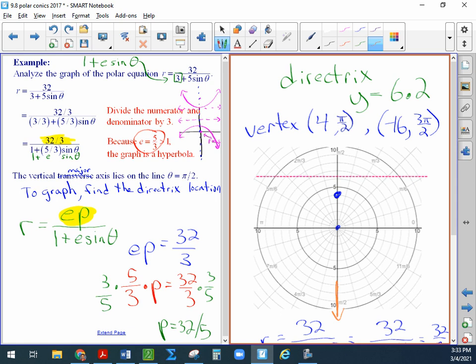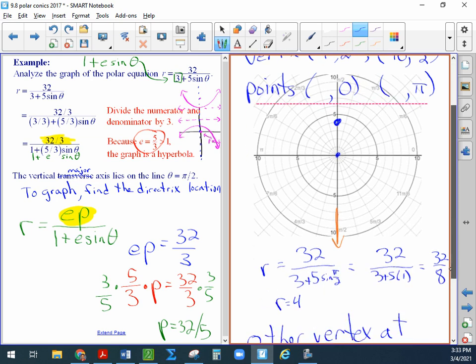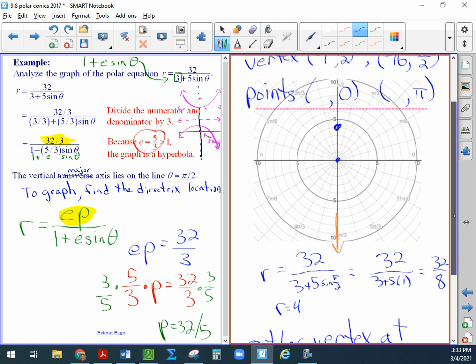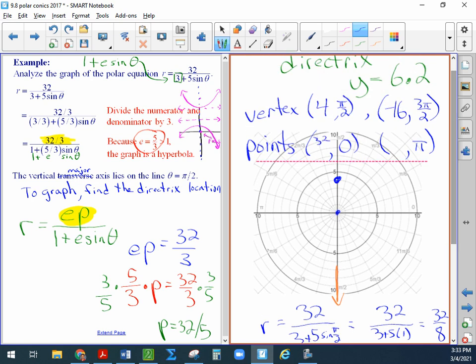And then to figure out how wide my curve is, I just want some additional points, and that might be easiest to plug in 0 and pi. So 32 divided by 3 plus 5 times sine 0. Sine 0 is 0, 5 times 0 is 0. It's 32 divided by 3. And they're both going to be 32 divided by 3, which is a little bit beyond 10. And so that gives me the shape